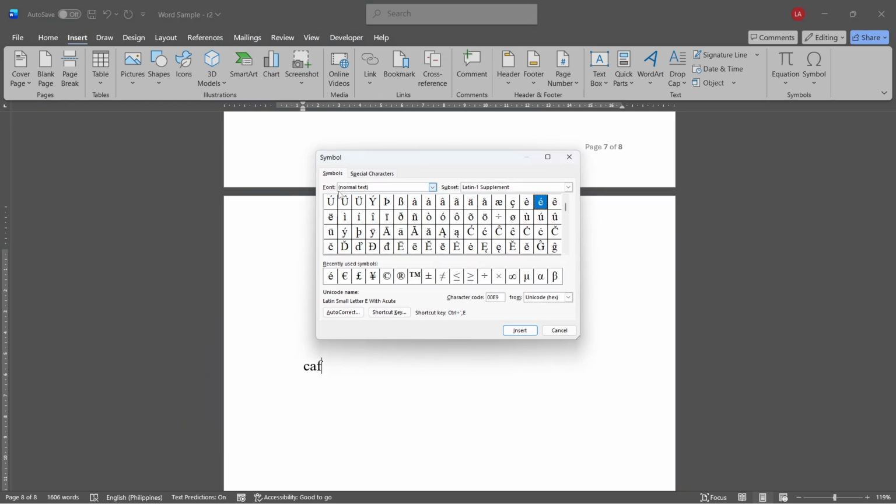Once you're in the Insert tab, your next step is to look for the Symbol option, which might be grouped together with other text-related tools like equations or tables. Click on Symbol to open up a menu which will provide you with a small selection of common symbols. However, for our purposes today, we want to delve a little deeper, so we will proceed to select More Symbols. This expands your options significantly and brings up a dialog box where you can find a broad library of special